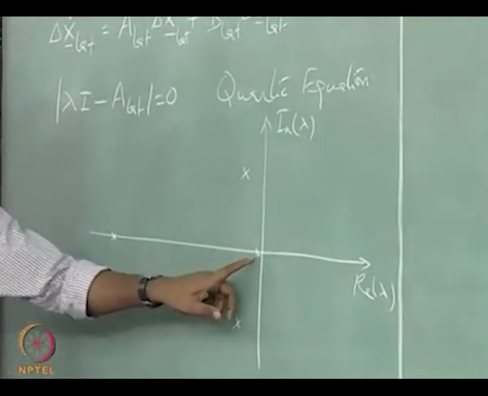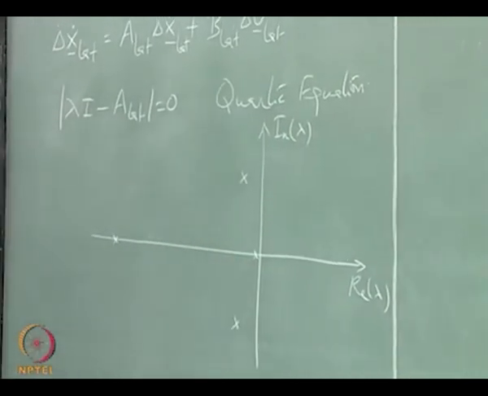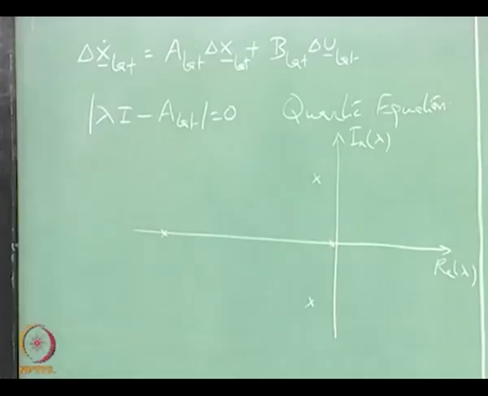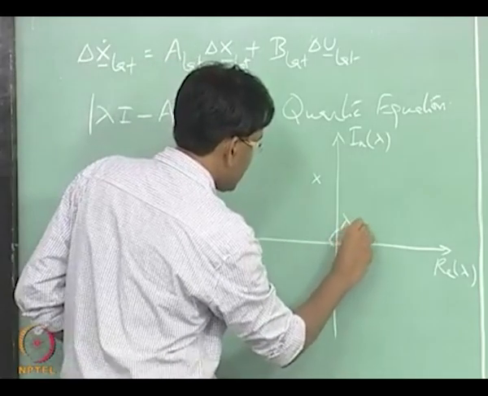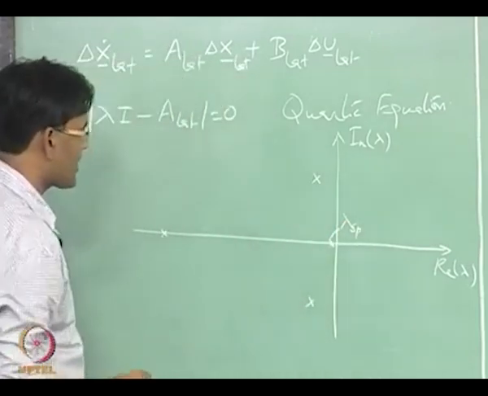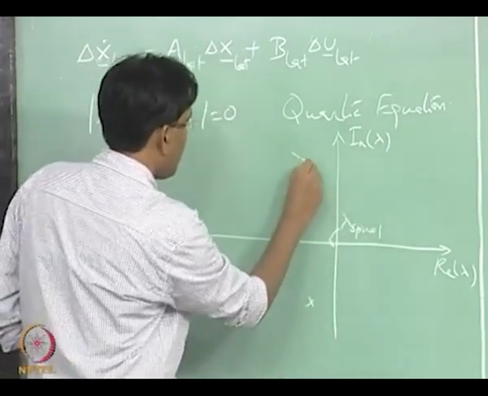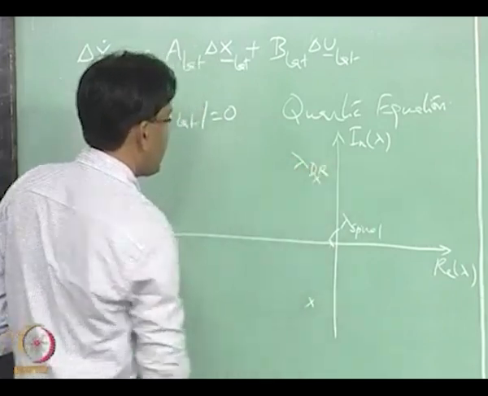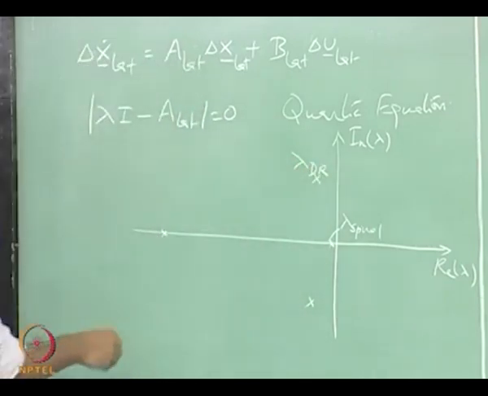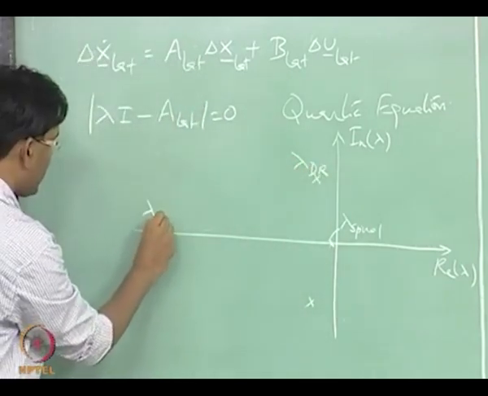Now, this is the case when the spiral mode is stable. There is a lambda spiral, Dutch roll, and